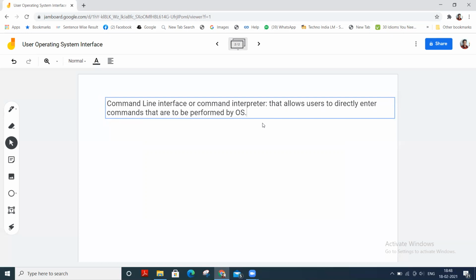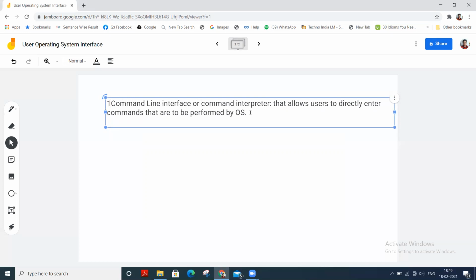The second approach allows the user to interface with the operating system via graphical user interface or GUI. So command line interface is approach 1, and approach 2 is via GUI or graphical user interface.